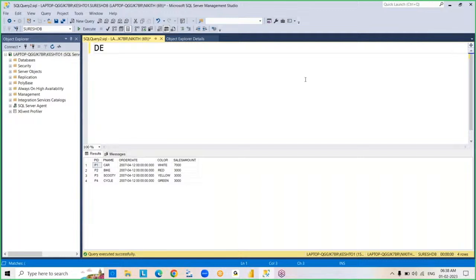So next command is delete. Used to delete the data from the table. See, we already worked with the truncate, right? Then what is truncate command? DDL commands we worked with the truncate, right? Truncate also used to delete data from the table only. But the thing is, difference is